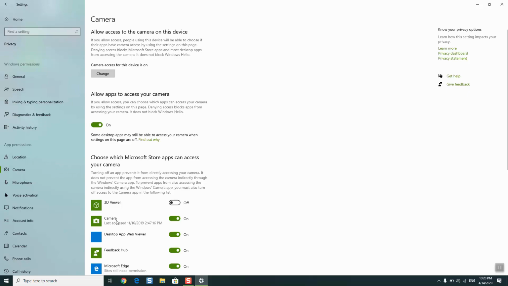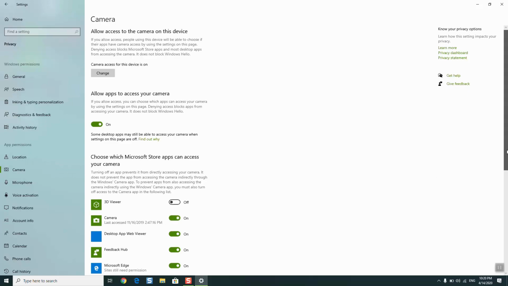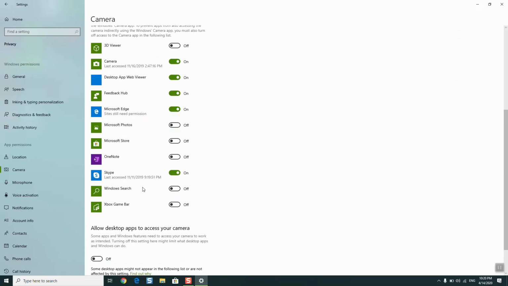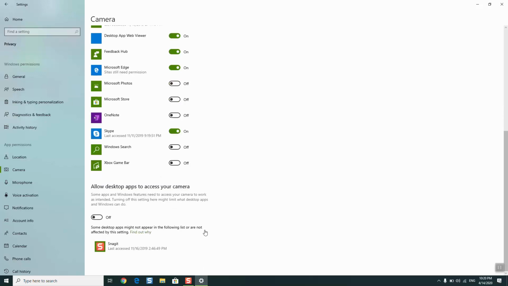You allow also that the camera is on, and also that Skype or that specific application is allowed to access the camera and it's also on. Also you might consider to allow desktop applications to access your camera if your application is not appearing on this list of applications. If after all of this your camera is still not working and you're still getting those errors